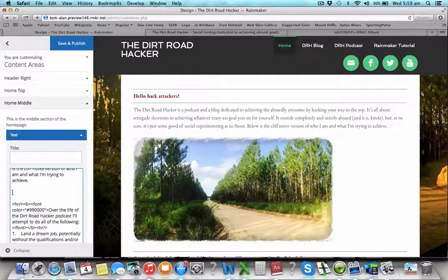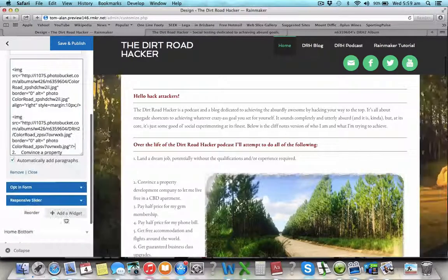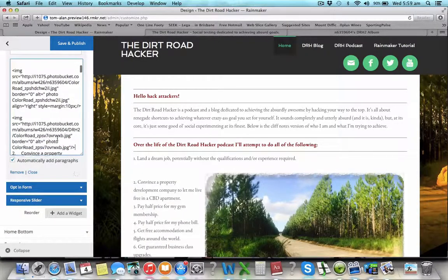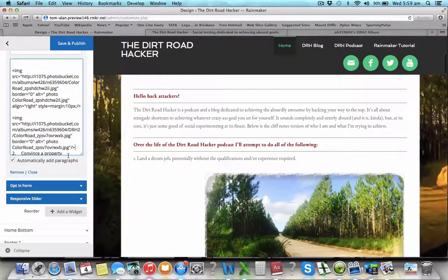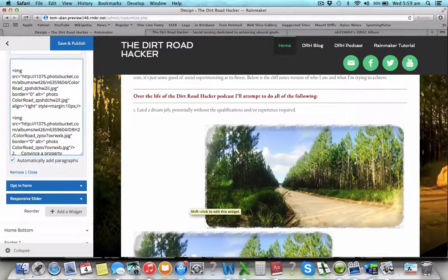I'll put that where I need to put it, not next to the achieve. I'll put that here, underneath the one that's currently there. Now I have added some code here. To align your image, see this is my image here, and by default it comes to the left-hand side, whereas this one that I've already done, I've moved it to the right. To do that, you